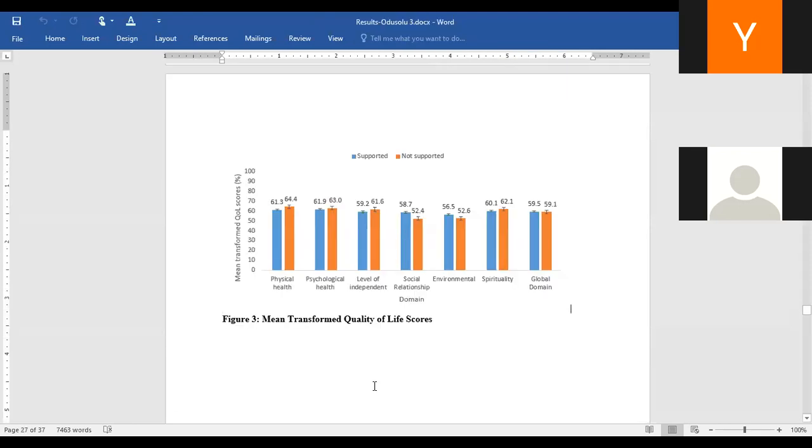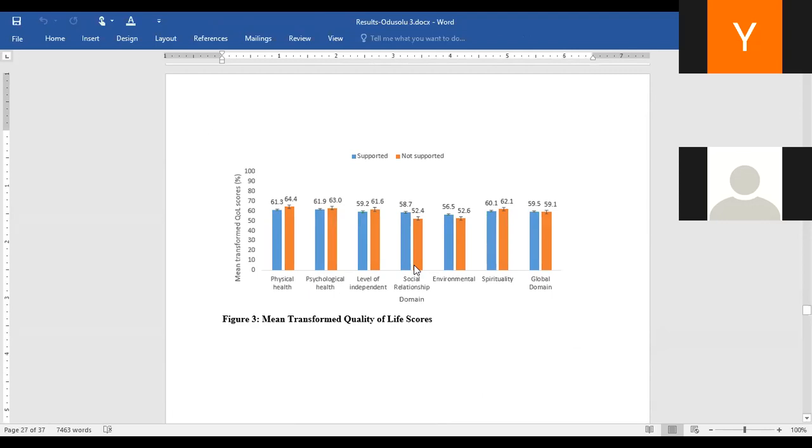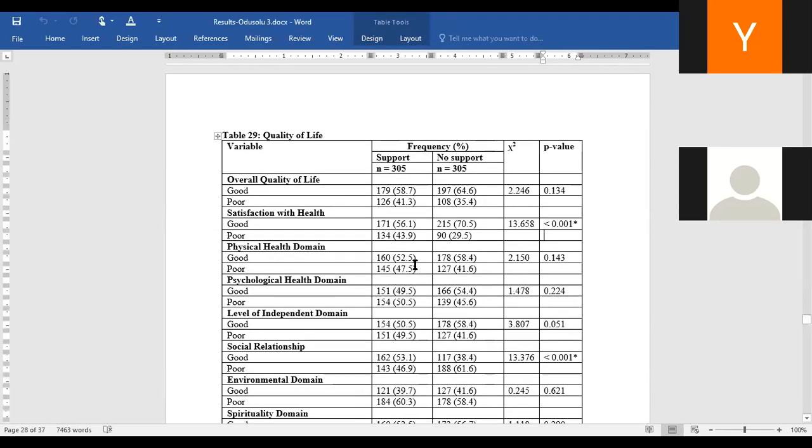But somehow, can you see now? In the domain, there are 6 or 5 questions that make up this domain. Those 4 questions that make up the physical domain, there's a way to calculate it. You calculate the average, divide by this, multiply by that. But in the process of calculating the average and multiplying by 100, it has introduced decimals. In that case, it becomes a continuous variable. You can use the student t-test. So here, when I was comparing individual items, I used Mann-Whitney, but for the domain, I used student t-test. It's parametric.